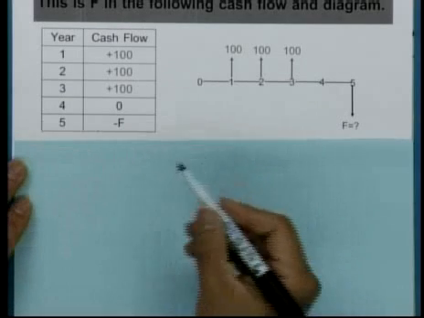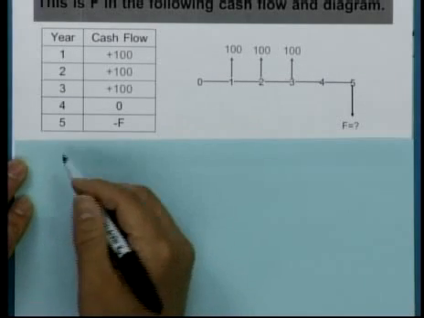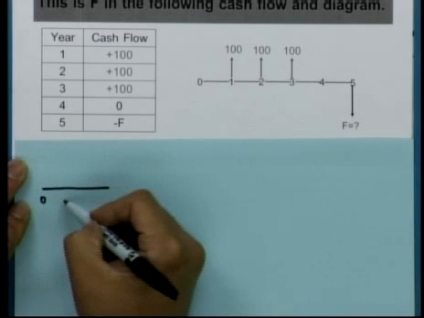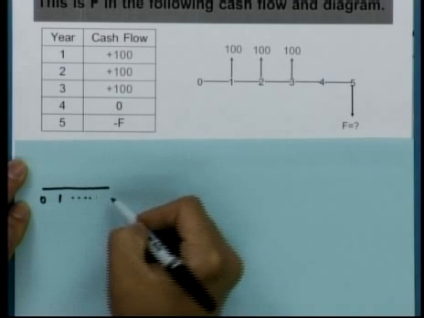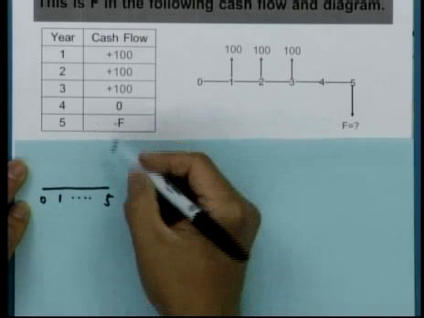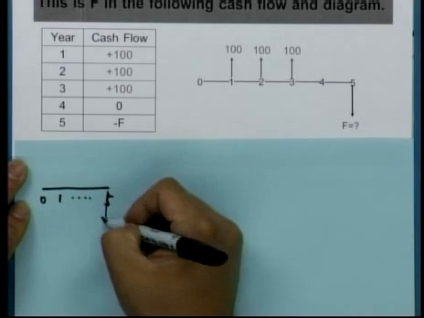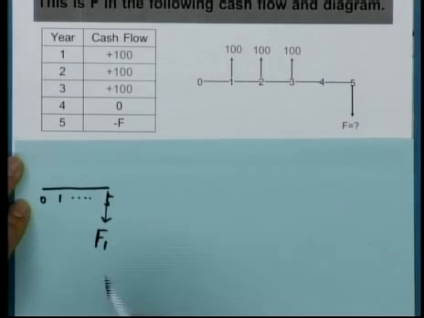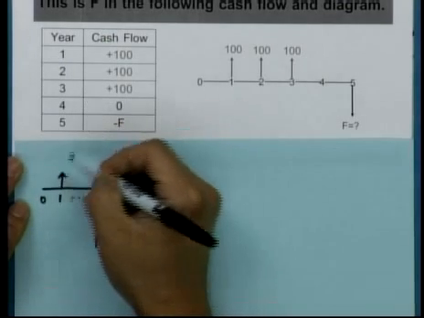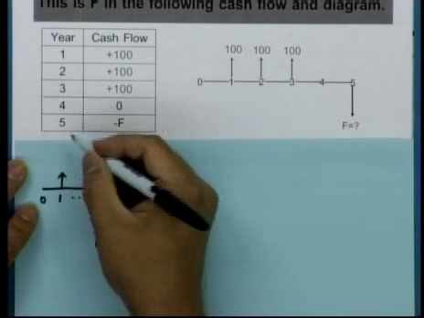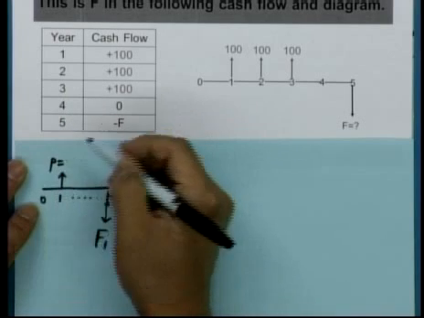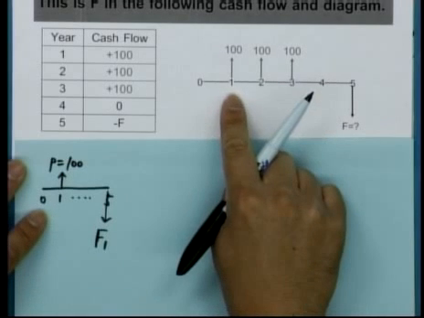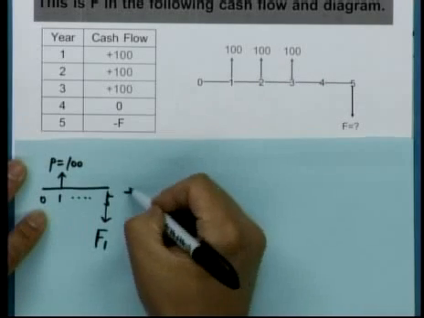So let's say here zero, 1 to 5. So we have here future sum F1, okay, and the first present sum of 100 at the end of first year, right, plus